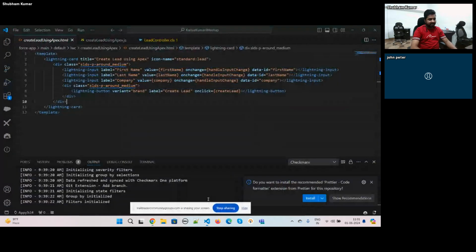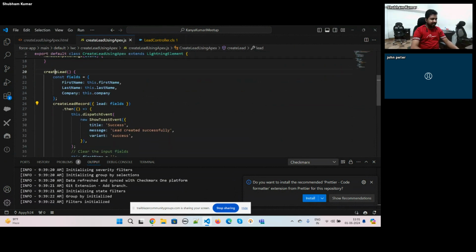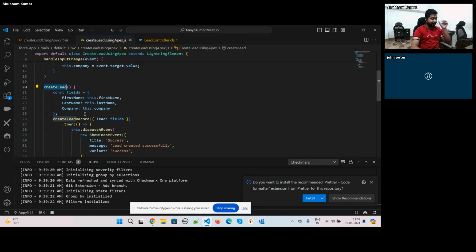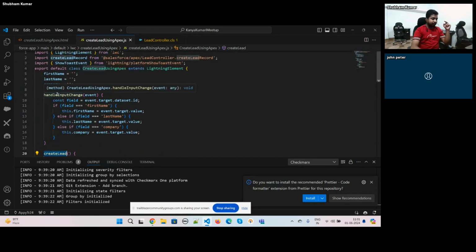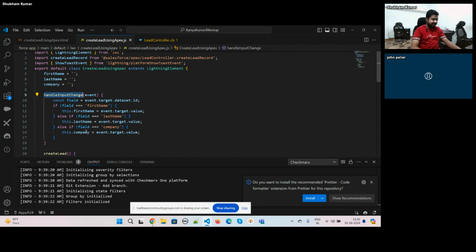So we have just created three input fields inside the HTML. We have created one button, the create lead button, and on click of this create lead, I am calling one JavaScript method. This is the method we are calling on click of save. If you look at the HTML, this handle inputs method is getting called from all the input fields, and I am getting all the input field values inside it,